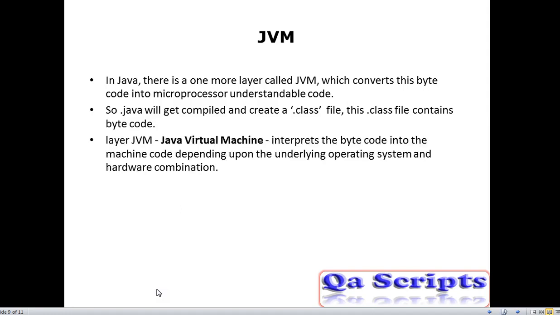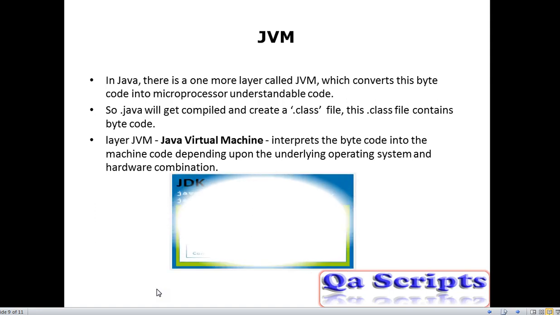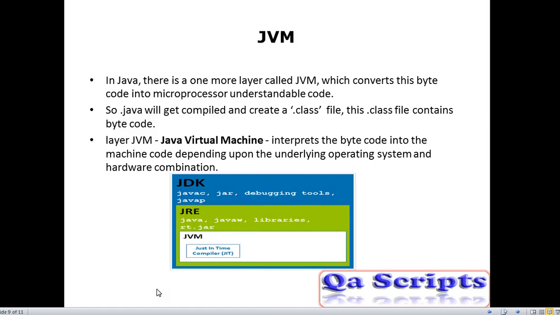The layer JVM, that is Java Virtual Machine, interprets the bytecode into machine code depending upon the underlying operating system and hardware combination. So this makes it machine independent, or I can say operating system independent. So Java compiled code will be platform independent.